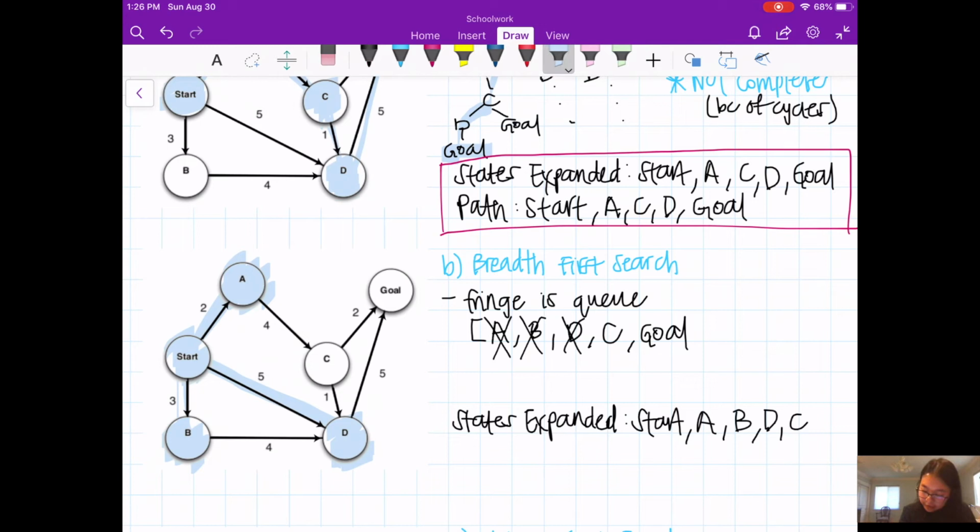And then next you would explore C. D has already been explored and goal is already in the queue, so you would just not add anything, and then the last one you would explore is goal. And then that was added from these paths.